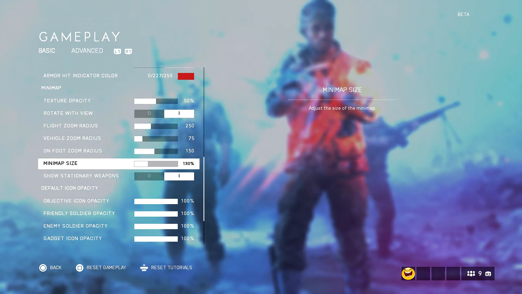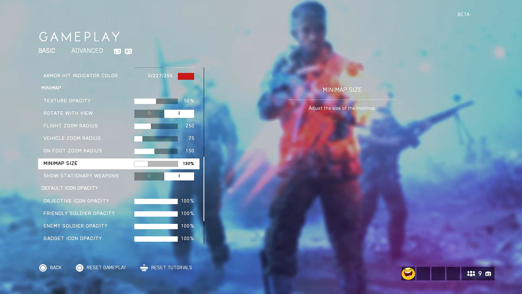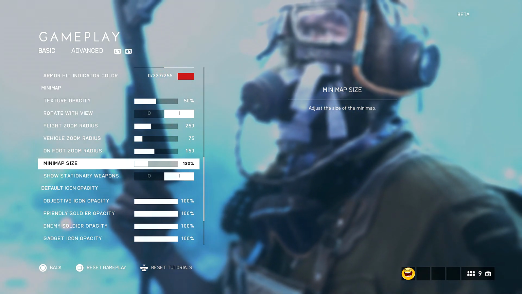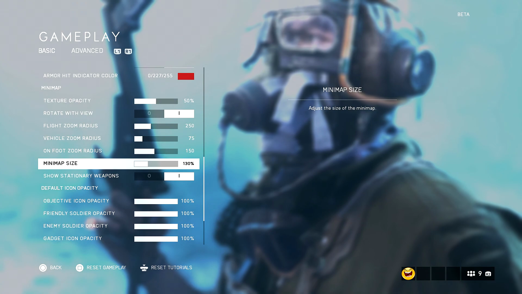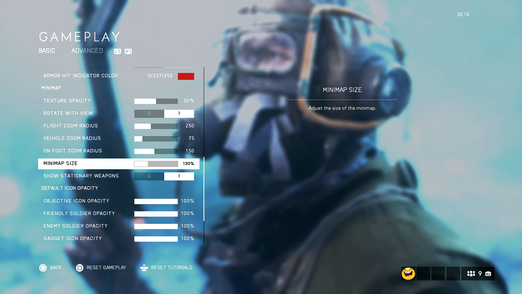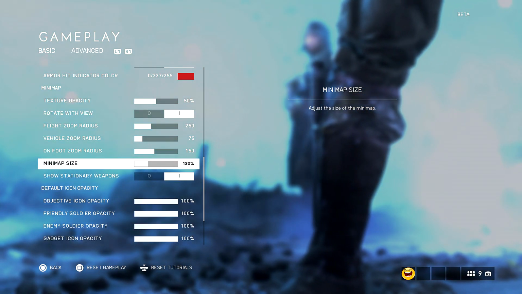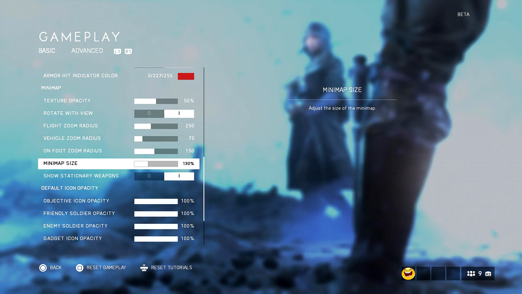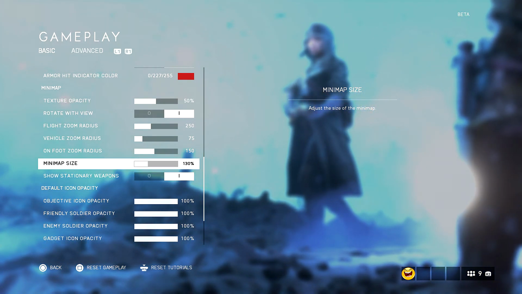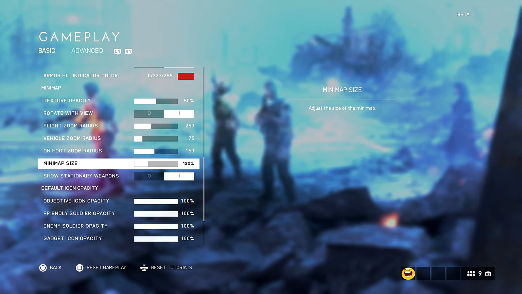Now minimap size, I turn my minimap up to 130, and the reason is I like to be able to see more of the area that I'm in. Okay, now you can tap your big center button on your PlayStation. I think it's the same on Xbox, I think it's just the icon in the middle. I'm not 100% sure which one it is on the Xbox, but if you tap the big button in the middle of your PlayStation controller, it'll bring up the minimap in a bigger scale so you can see the whole thing. But I don't want to see the whole thing in a small scaled down version,